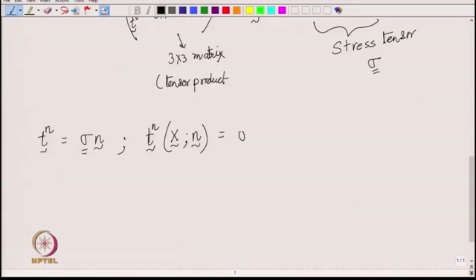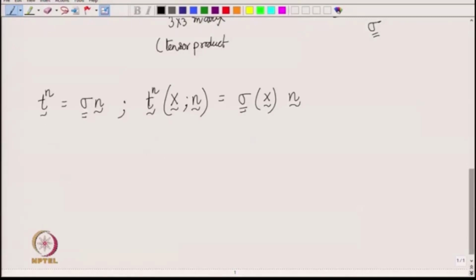On the right hand side, the sigma only depends on x, and the n dependence is now explicitly out, you see, sigma times n. So, it is proportional to the normal vector n. Through this formula, we have actually found out the expression for the stress tensor sigma, which is, as we wrote down above also,